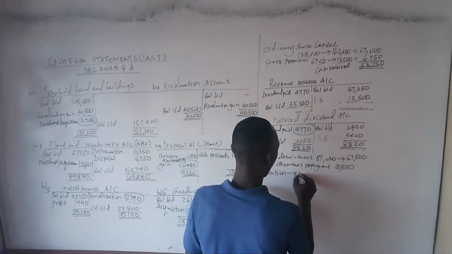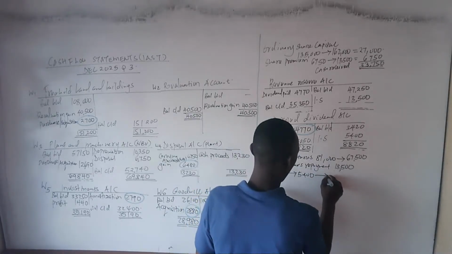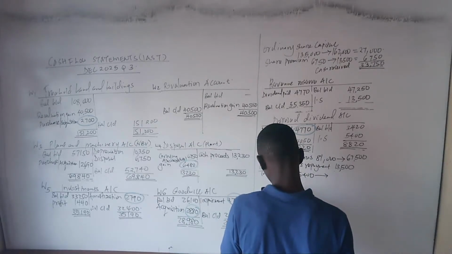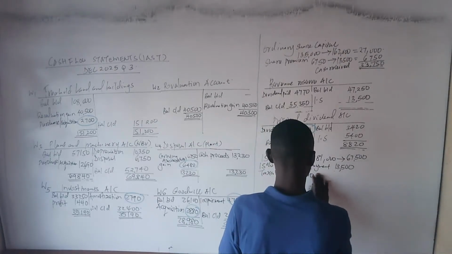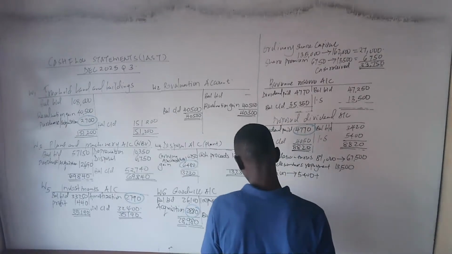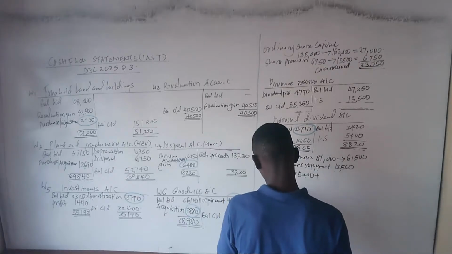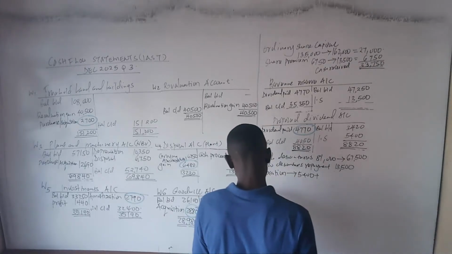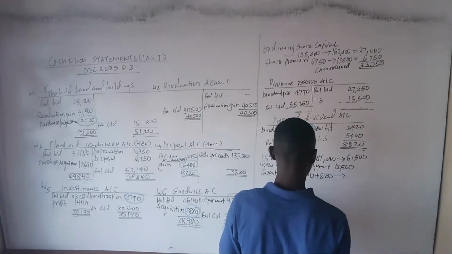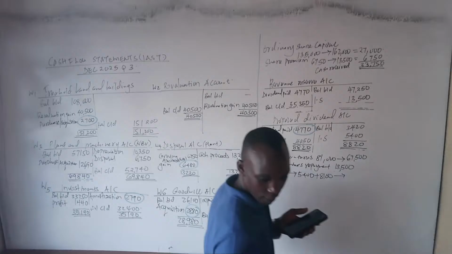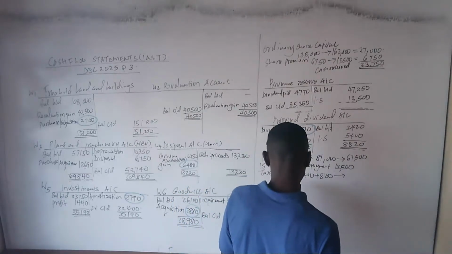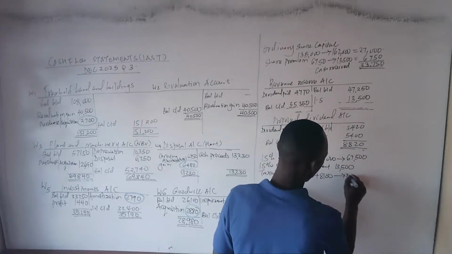At the beginning, we had 5,400. Then we add the income tax from the appropriation account, which we are given how much? Income tax, we are given 8,100. Then we compare with what we have at the end. At the end, we are given an amount of 7380.